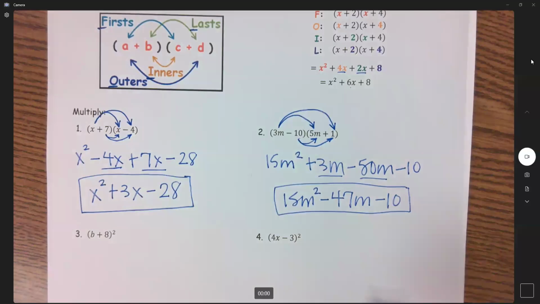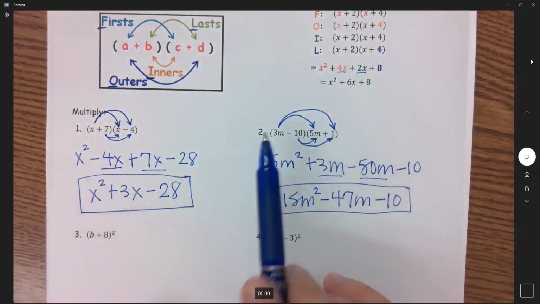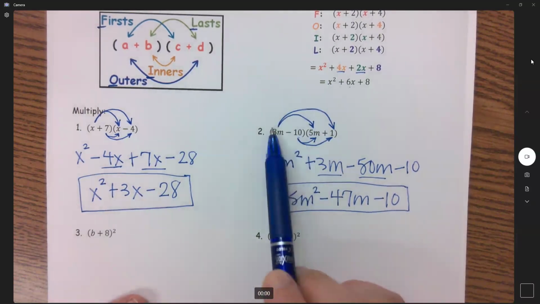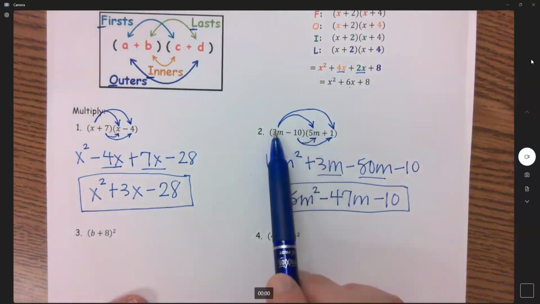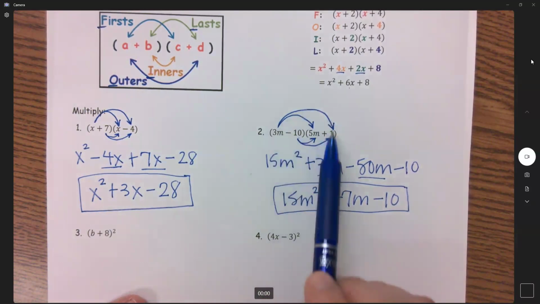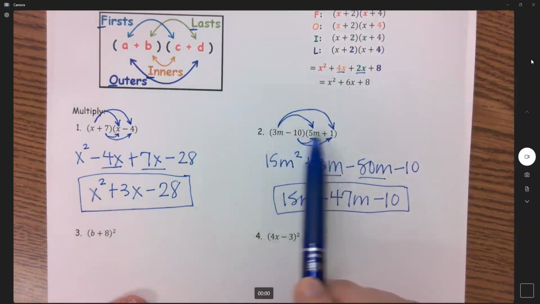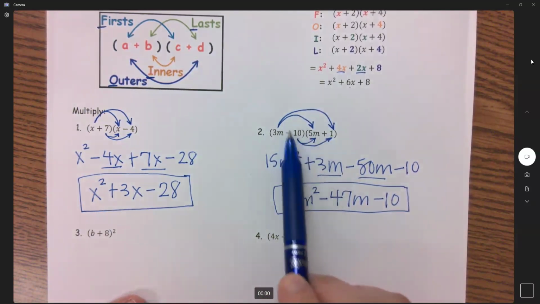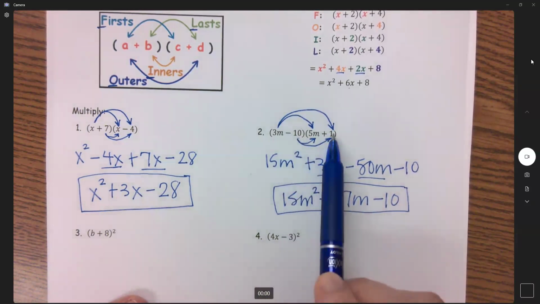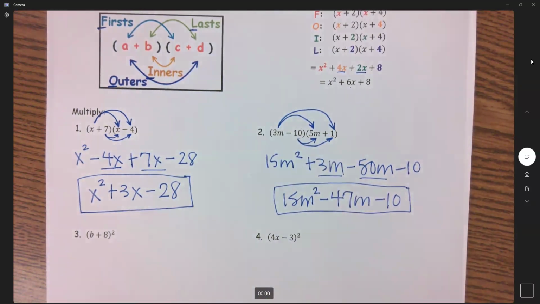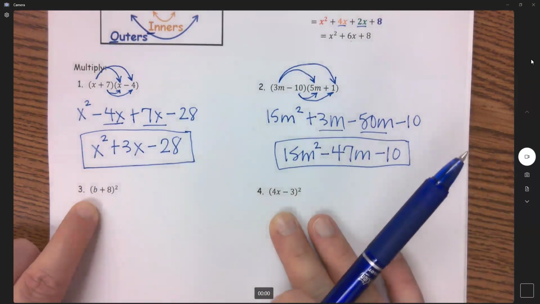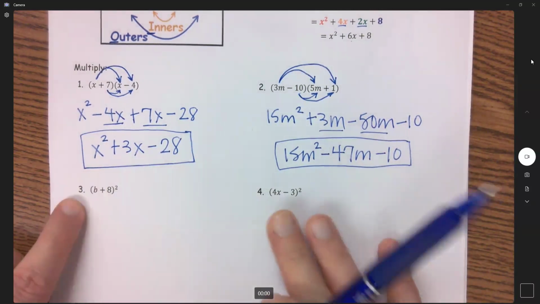Again, I'm using these arrows to show you what we're multiplying by what, but if you notice, what am I doing for the first and the outer? That's 3m, 3m, you're distributing it to both terms. And then when you do your inner and your last, you're taking the second term and distributing it to both again. Now, I said number 3 because that's number 3, but 3 and 4